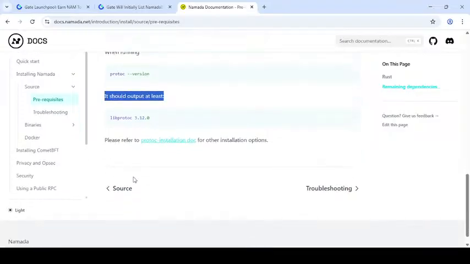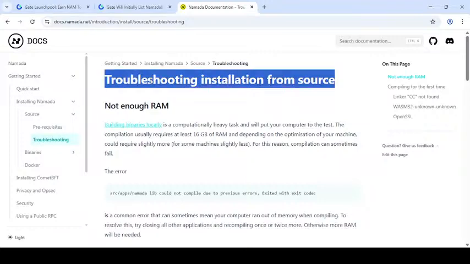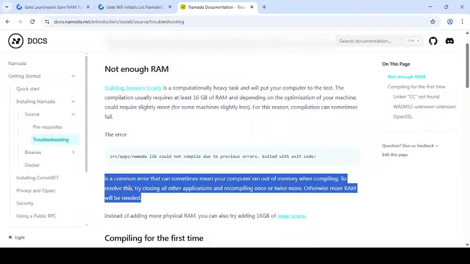Please use the options. Note that the build sometimes fails if the main computer runs out of memory.